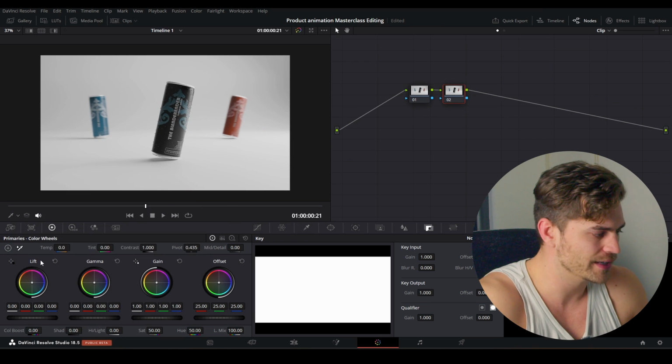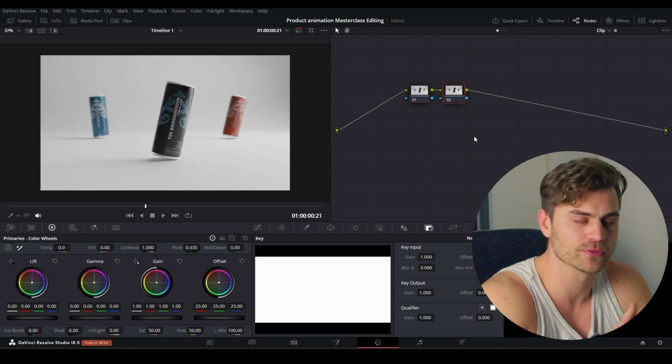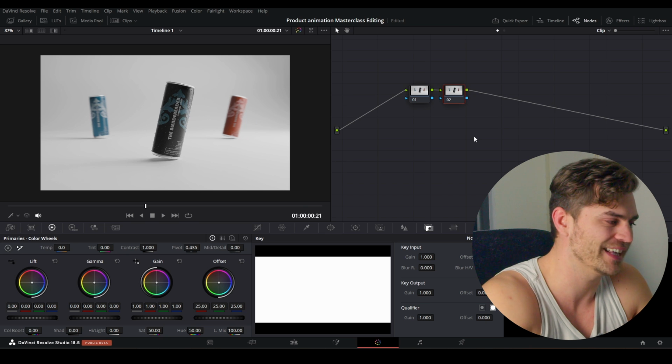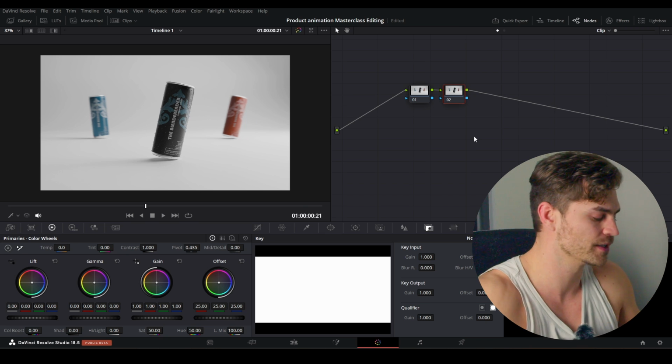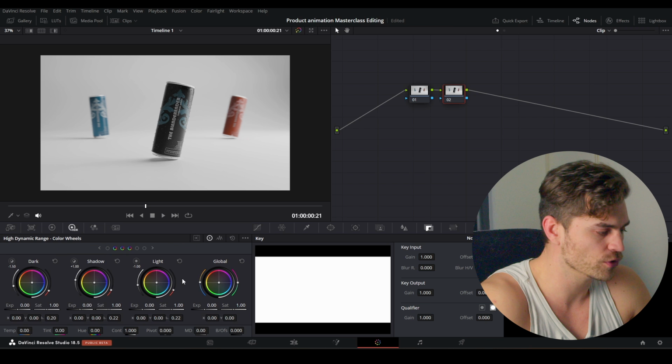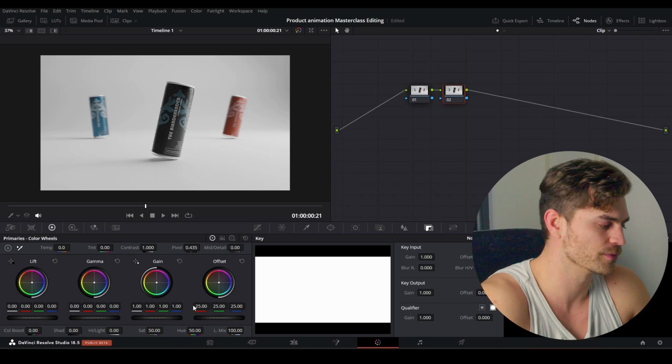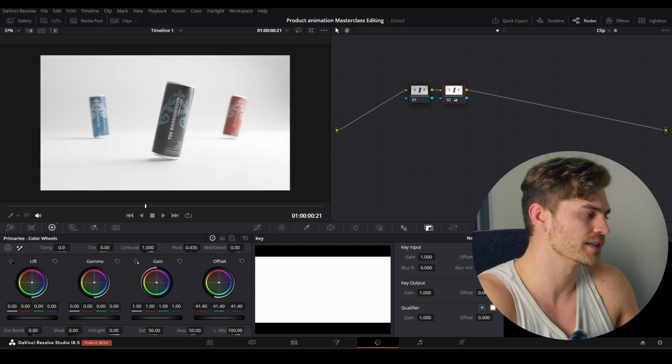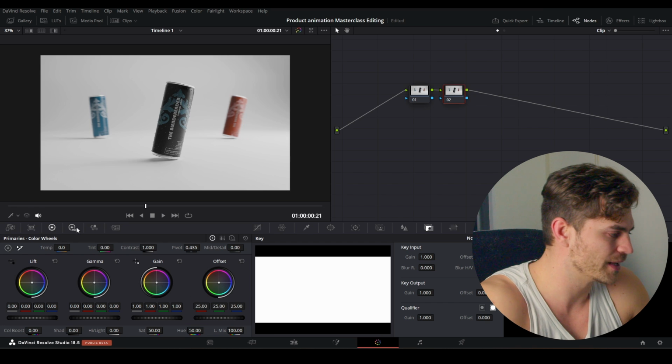And right here we have our lift, gamma, gain, etc. I've got a free course on compositing where this is explained in depth, so I'm not going to spend a lot of time on this. So first of all, Alt S. So over here we have our HDR sliders and I want to change the exposure. So there's actually two ways to change the exposure, or actually multiple ways, but first of all you got the slider right here and you can do this and it kind of works like a brightness node. I'm not going to explain that right now.